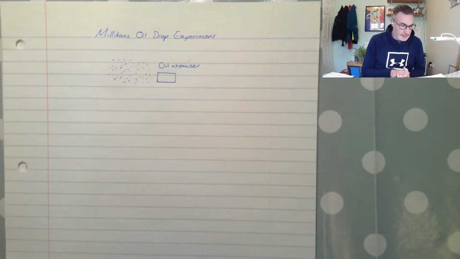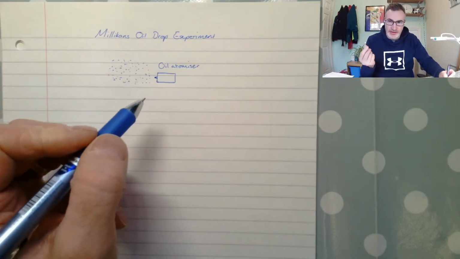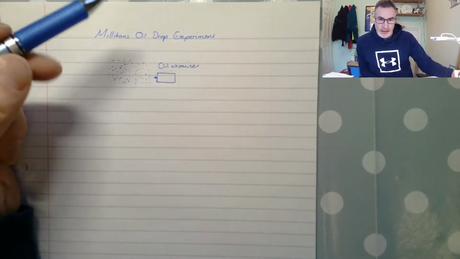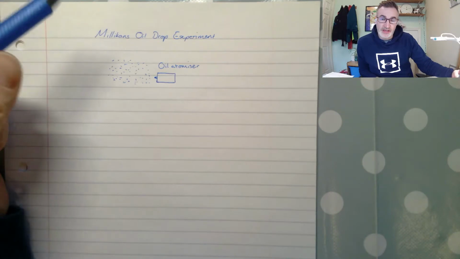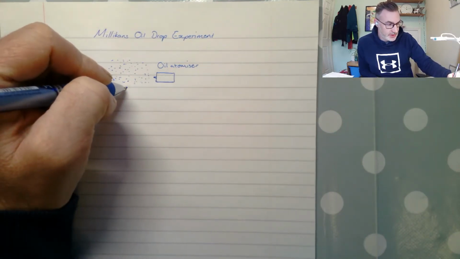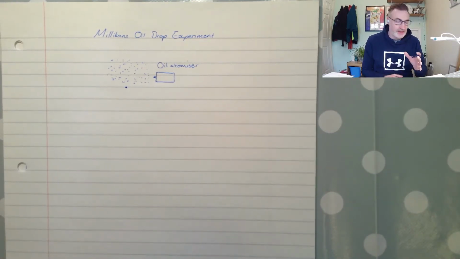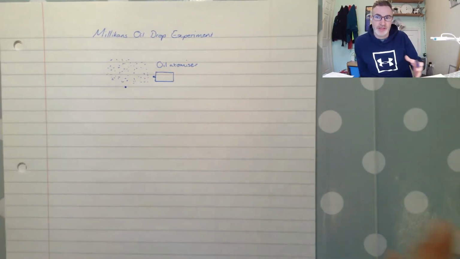so he started with what we would call an oil atomizer, and so he took some oil and he sprayed it out through a nozzle, and what that did, it created a very fine mist of oil, and so there's some tiny oil droplets there. And what would happen is that the droplets of oil would start to accelerate downwards, but very quickly the drops would reach terminal velocity. And although we don't need to get into it, basically through knowing the rate at which they're falling, or the terminal velocity that they reach, we can determine their